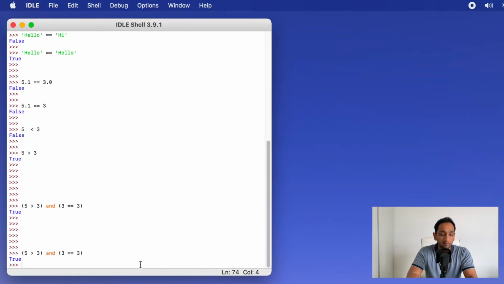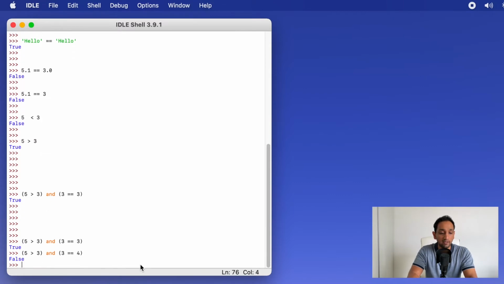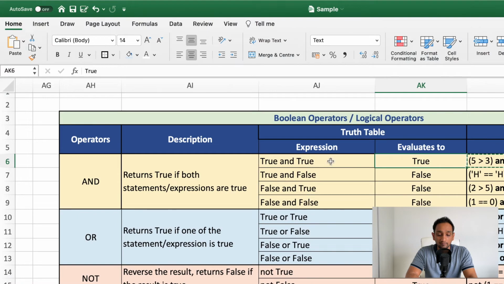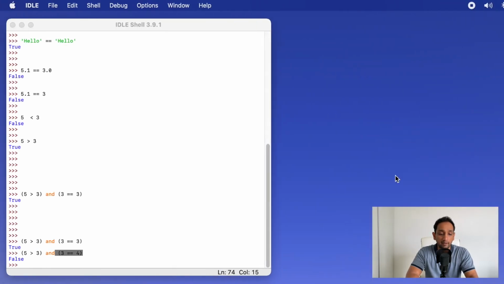But let's say I change this slightly, from 3 to 4. In this case, when I execute, it's going to return false because the second expression is false. So it's basically true and true and false, which as per the truth table, true and false will return false. Okay, so this is what your AND